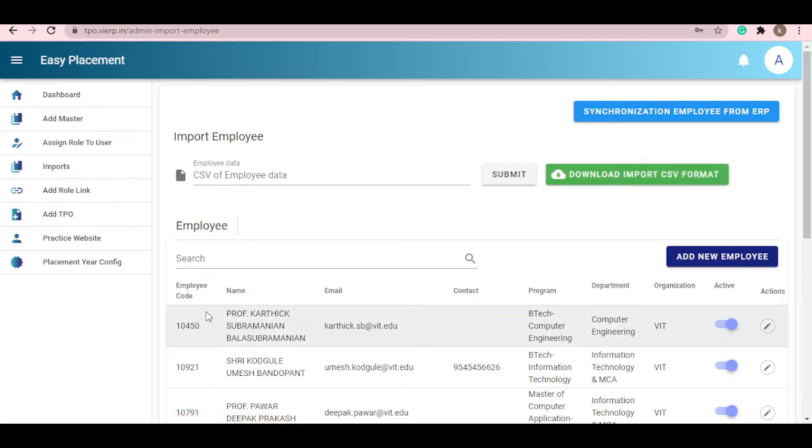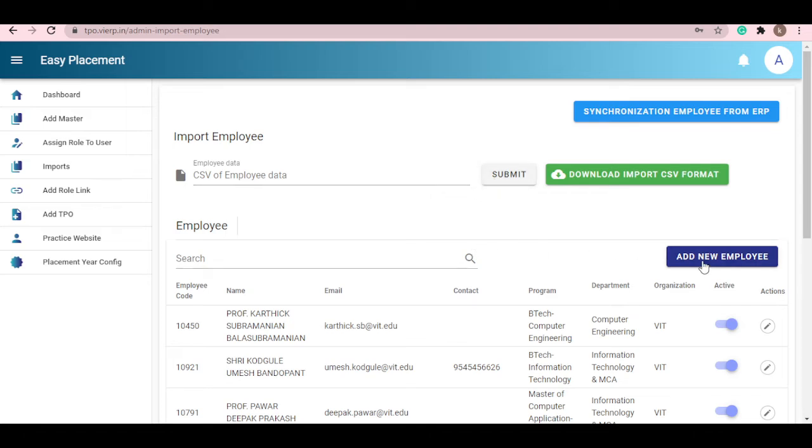Add the information about the employee, whatever the format which is given in the CSV file, follow that format, enter the details of the employee, then upload it and click on the submit button.